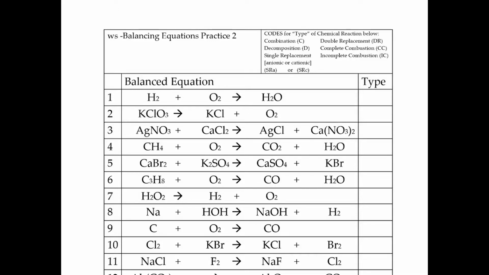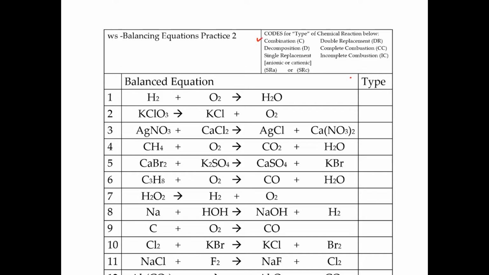Today we're going to be learning about the different types of chemical reactions, and we're going to do that on the worksheet of Balancing Equations Practice 2. And we're going to be learning all these different types of chemical reactions from what we see written on this paper. We're going to start with the